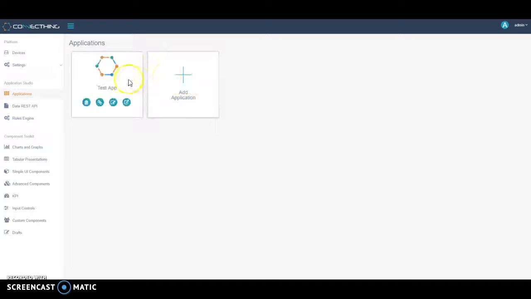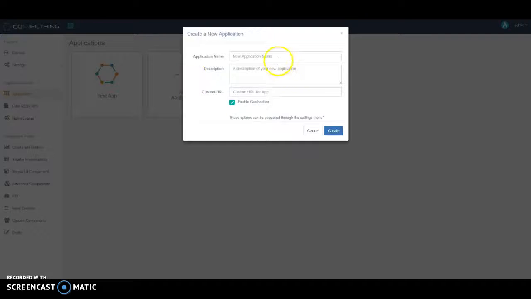Now you may or may not have permissions to add application. If you don't have permissions to add application, contact your administrator. But if you do have permissions, you'll be able to see this button here, accessible through the applications menu here on the left hand side of the platform. So I'm going to add a sample application. I'm just going to call it map demo